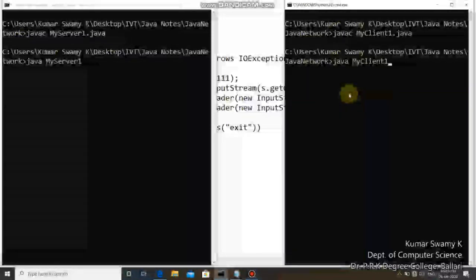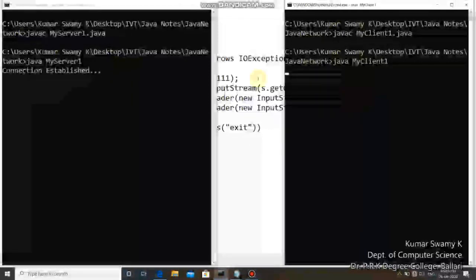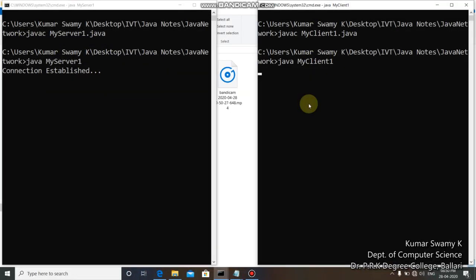The moment I run it and the connection is established, you could see that immediately the connection established message string is displayed at the server end. See, in this case this is happening. Once the connection is established, the moment you run the client machine, you immediately see a message displayed at the server side stating connection established.